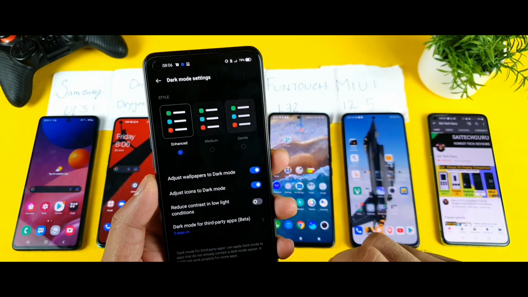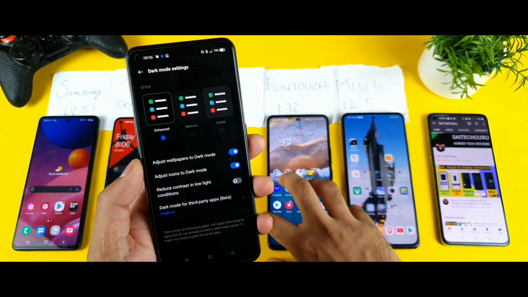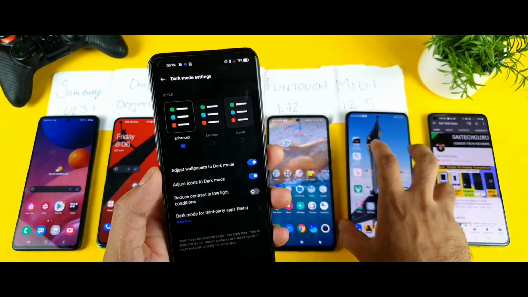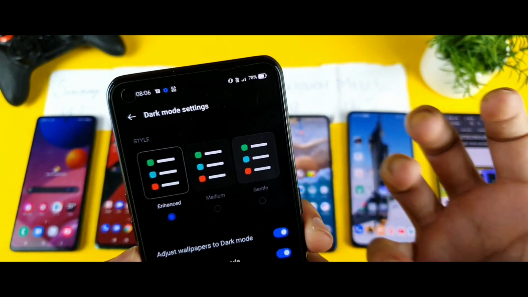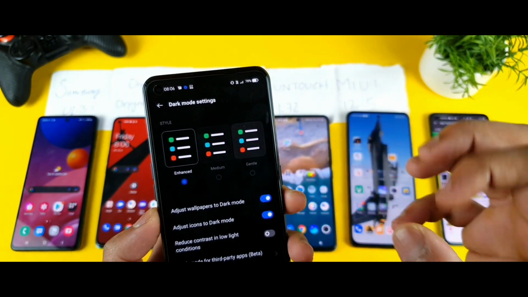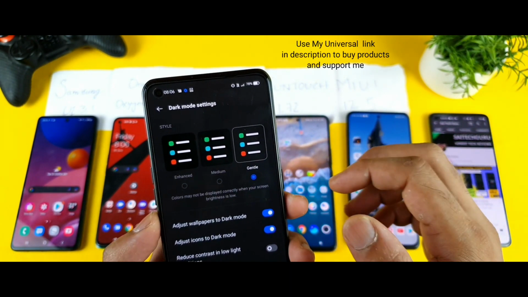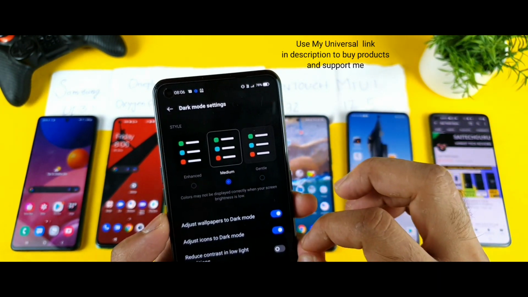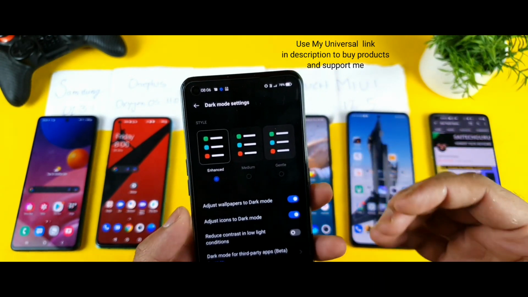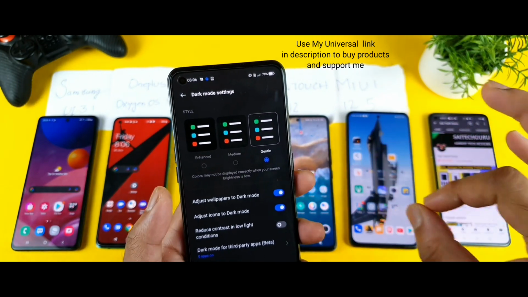And dark mode settings. Now this is another pro level customization, I would say, in terms of the dark mode. Yes, pro level, because you can actually select what type of darkness you want. Yes friends, I cannot understand this much customization. I'm not sure who thought of this idea, but it's really great. Some people don't like this much dark. Some people like medium. Some people think just a little bit of dark should be fine.